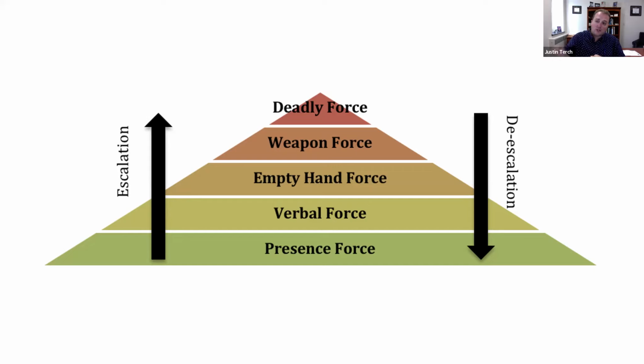The next level of force is verbal force. That's when you issue those commands, you tell them what you want them to do, and you don't make it ambiguous. Again, doing it professionally. One of the things we're going to talk about is that in today's modern age, as all of you know, the chance of you being filmed in a use of force encounter is very high. Not only do you want to use verbal force effectively to resolve the situation safely, but you also want to make sure that there's not a video out there, if it does escalate, of you swearing and screaming and looking like you're out of control. That will not help you, and even more importantly, it won't help the situation.